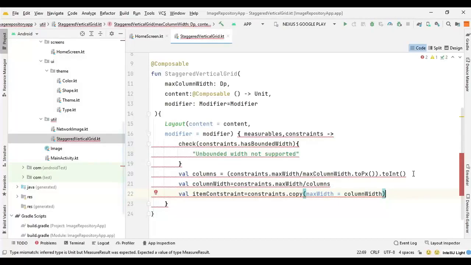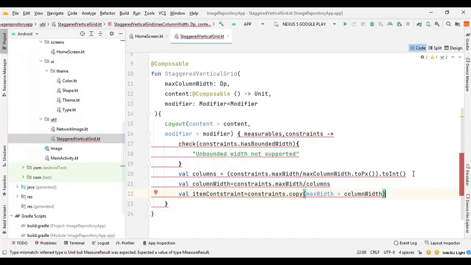So all the items in the grid or in the column will have the same width. So it will be only as big as column width and won't be as wide as the parent or the screen. Otherwise it could take the whole screen and you won't see the second column.